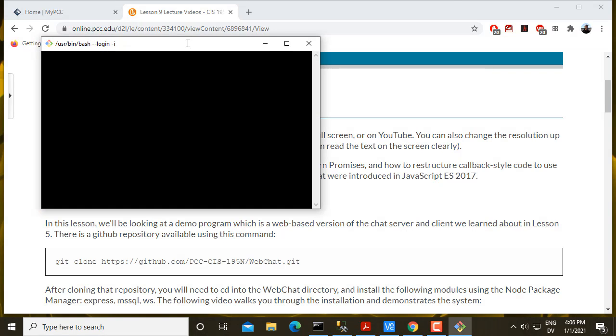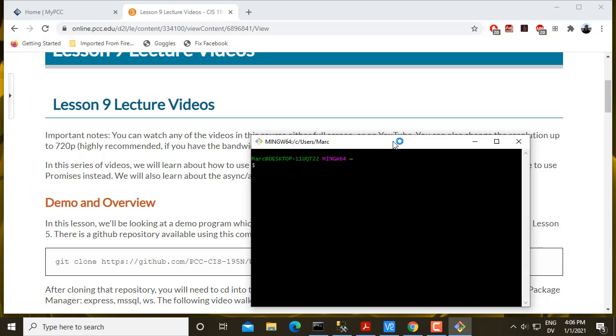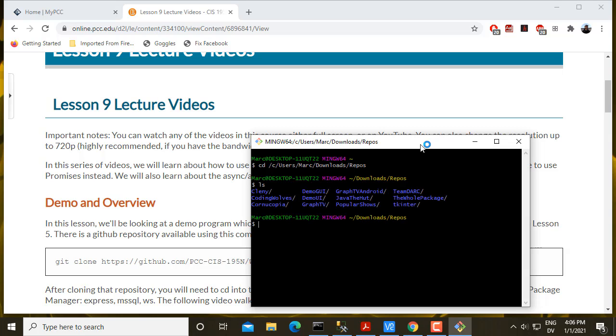And I'm going to cd to somewhere convenient where I can download this repository. So cd c users mark downloads repos. Do I have a repos folder? Yes. And I don't have a web chat repository yet, so I'm going to git clone https